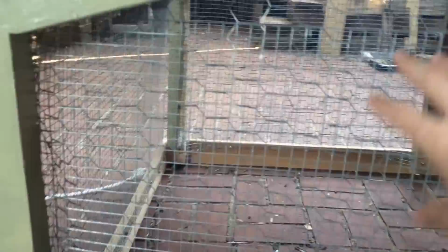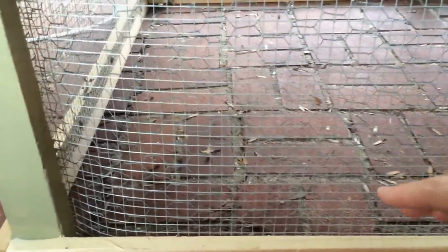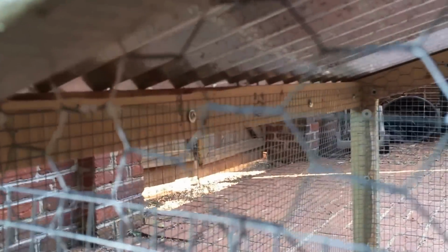Now, in terms of the wire mesh, this is a 2-foot tall hardware cloth with, I believe, 1/2-inch holes, and that is secured on the inside with some screws and washers all the way around. You can see in there. And the 2-foot hardware cloth doesn't come up to the very top, and so I've attached this small opening chicken wire above that, and I've secured them to each other with some of these